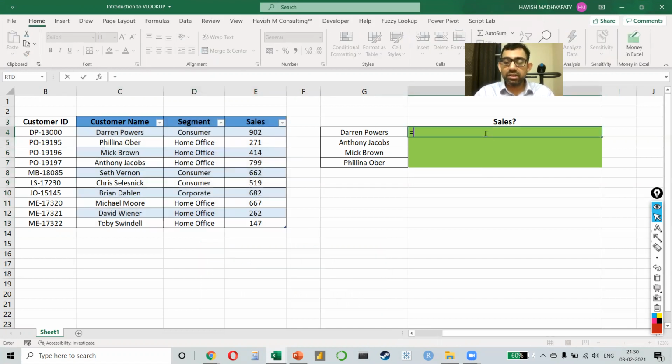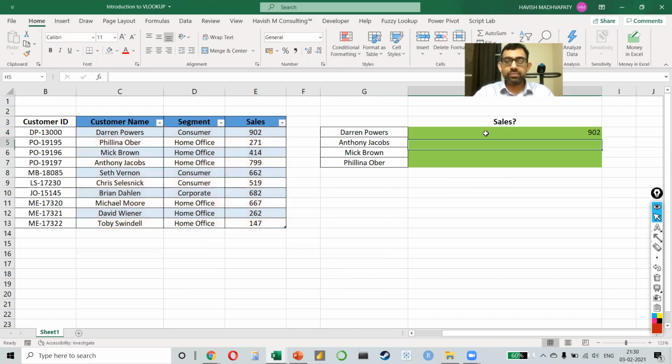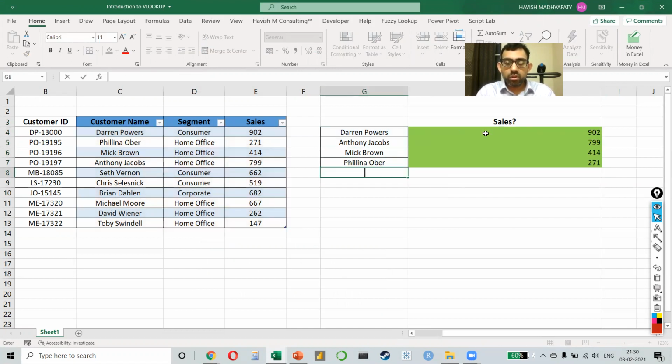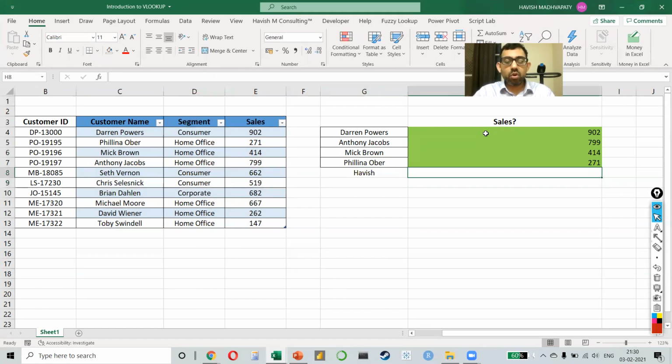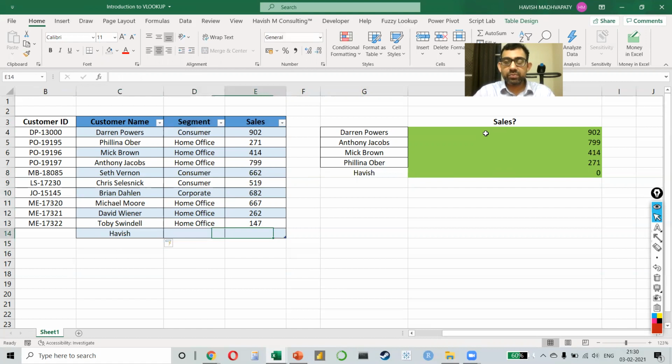How do we write the formula now? Equal to VLOOKUP. We are searching for Darren Parks in my table. The column number is 3 and the type of lookup is false. As you can see, works very well. And here's the best part. Tomorrow, if you have to copy this formula below and this value gets added here, you notice that it automatically gets updated.